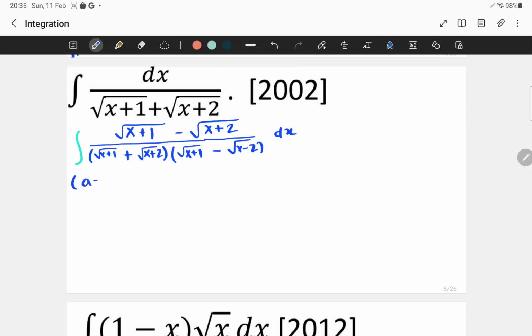We remember a plus b into a minus b is a square minus b square. So let us put